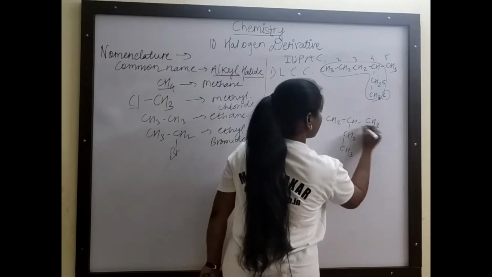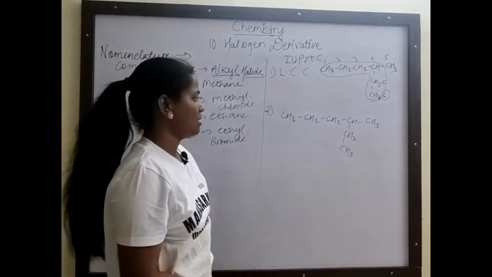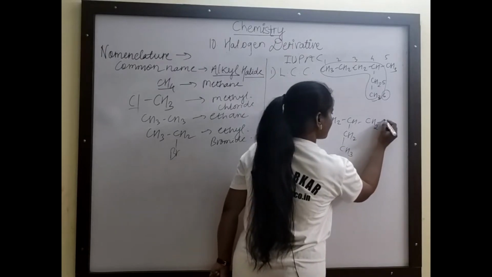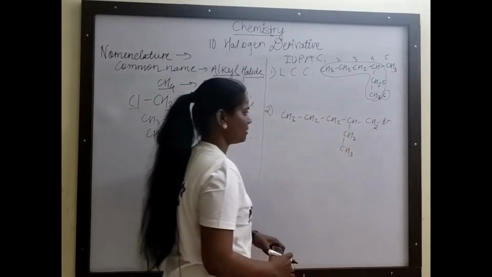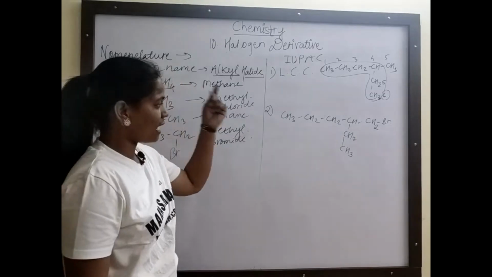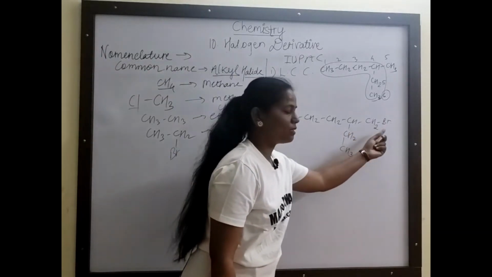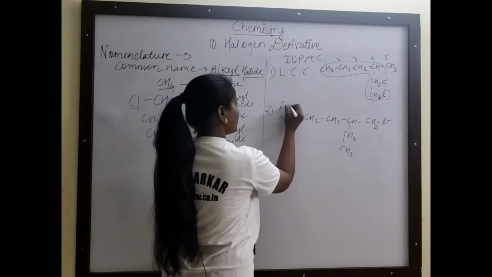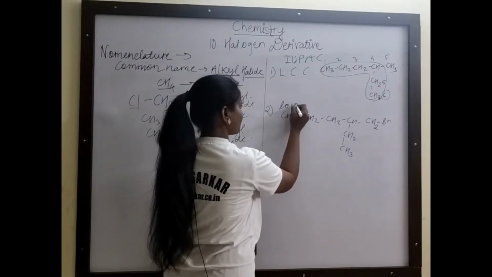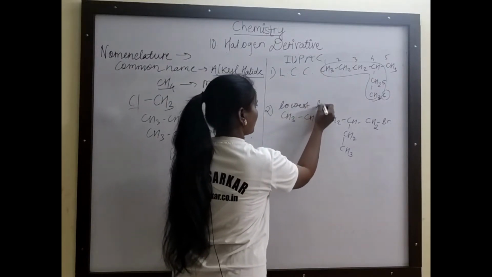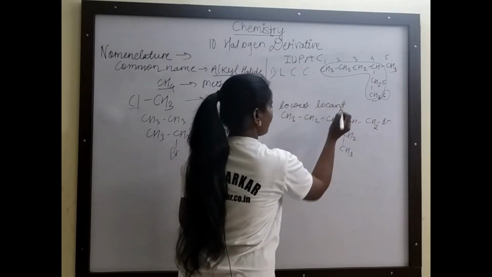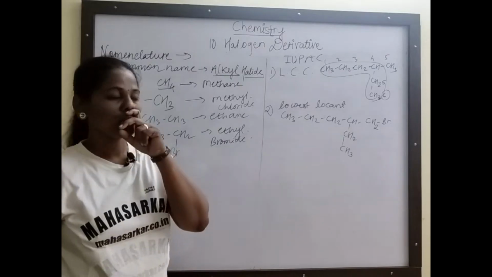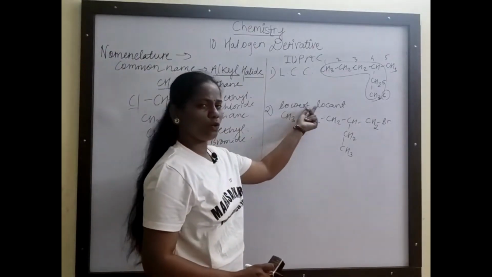And this one will be CH3. Now in this chain, suppose this carbon atom contains the halogen atom. So suppose this halogen atom will be the bromine. So that halogen atom should get the lowest number. That is nothing but the lowest locant. Means the halogen atom which is there in the organic molecule should get the lowest locant or minimum